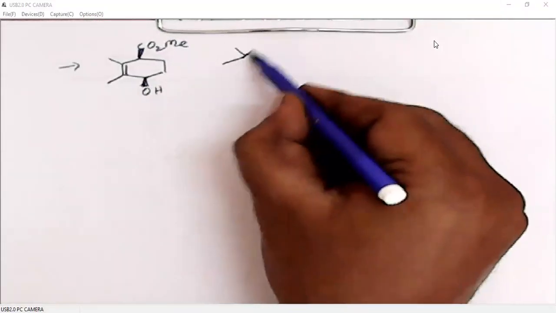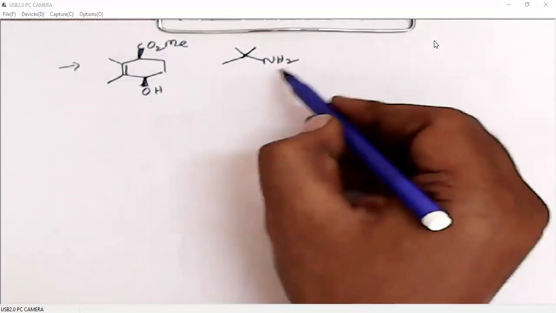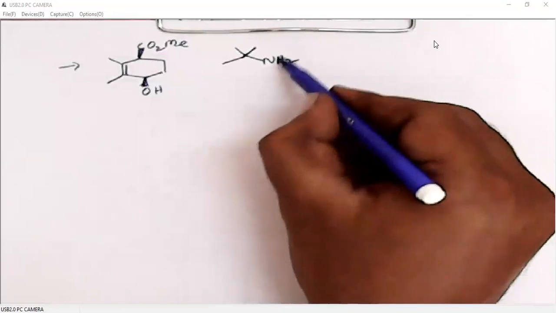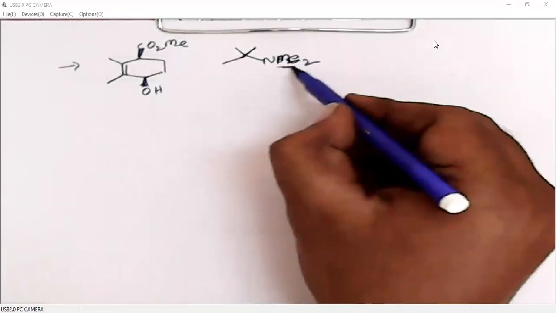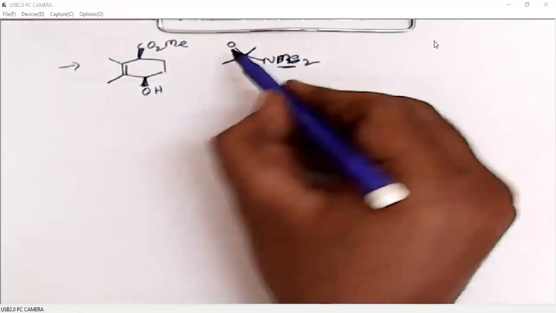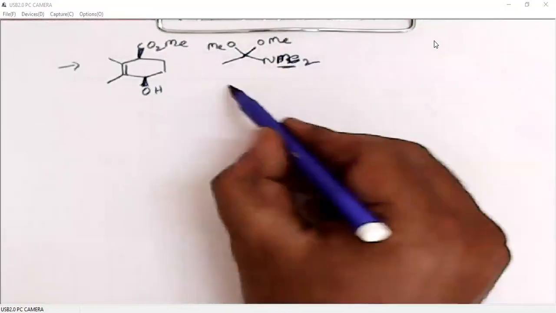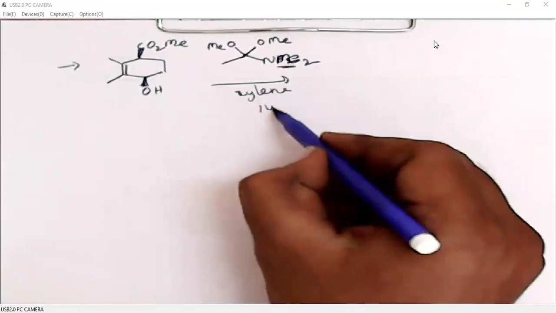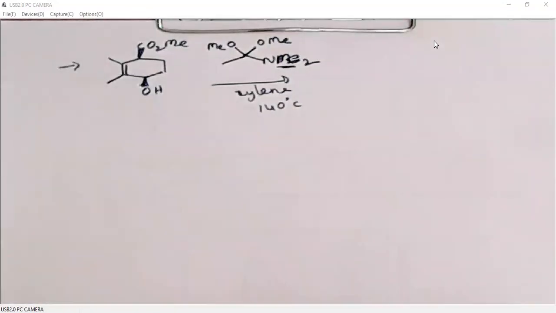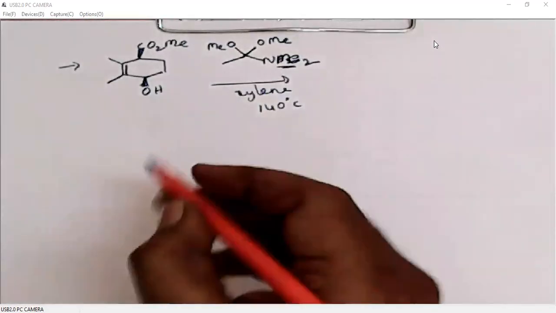This example is explained that instead of ester, if we have an amine group, so this is not a simple amine, this is a disubstituted amine with two methyl groups. Okay, these two are methyl groups. So instead of a simple ester, if we have an amine group here, then under similar conditions like the Johnson, Eschenmoser, ester Claisen rearrangement, it is possible to have an amide product. So I'll directly give the product.